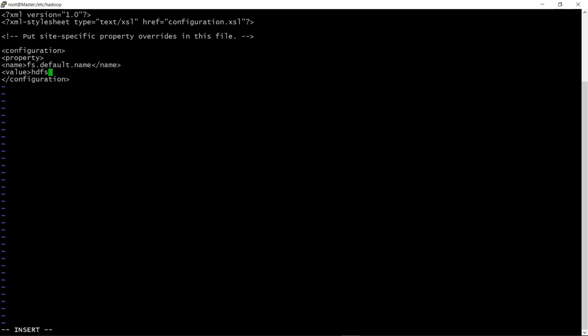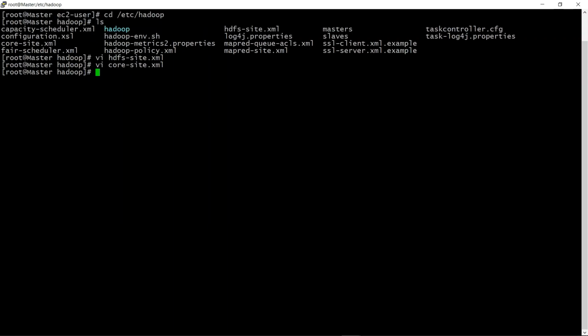HDFS is a protocol used by Hadoop that stands for Hadoop Distributed File System. And I will provide the IP 0.0.0.0. This IP tells that anyone with any IP can connect with me, and I will use port number 9001. I will save this file.